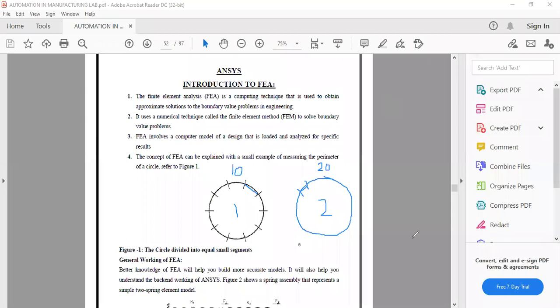What I'm trying to tell you is this will give you a better, more accurate value of the perimeter.